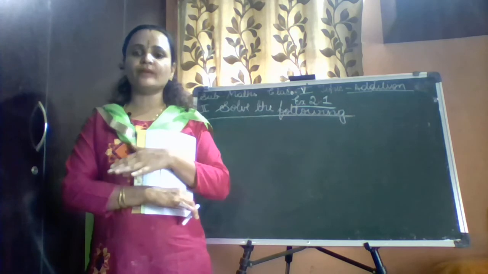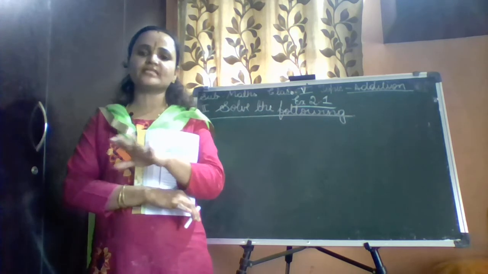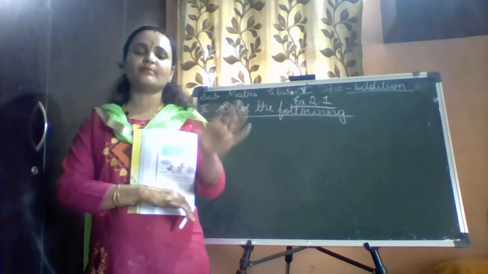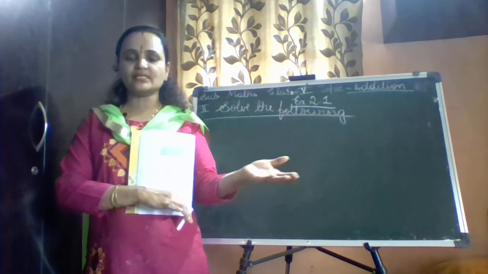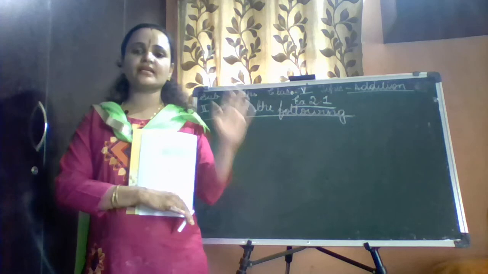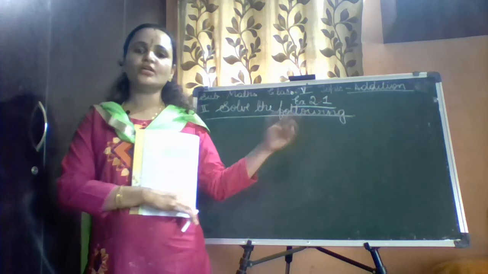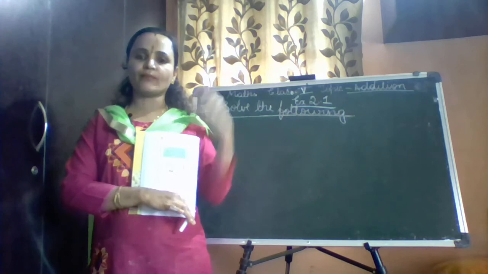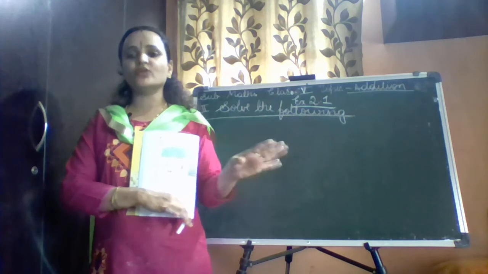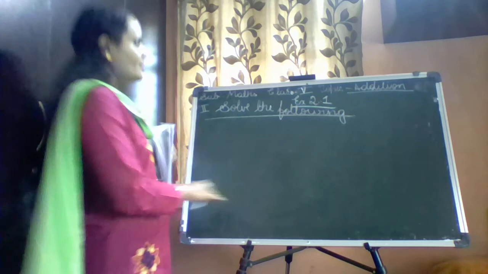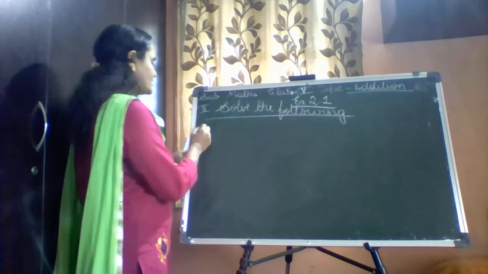The same way, in the forest there are some 26,000 and odd trees. Then on some occasion they planted 13,000 odd trees. Now they are asking us to find the total number of trees. I think the question is clear to you. Now let's go solve the problem. We have to first write the summary of the problem and then only do the actual equation. Okay. So now this is your first sum.